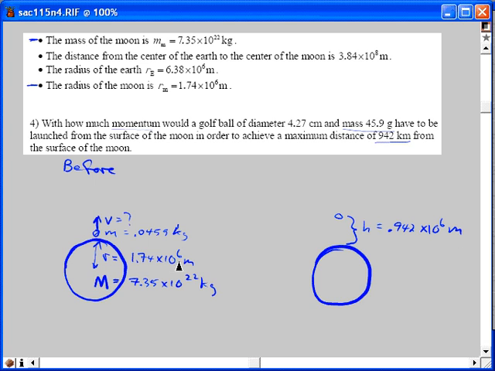Have it same kind of units, same power of 10 in terms of meters as the radius of the moon. This is still r. I'll call this r prime, this distance that the golf ball is from the center of the moon in the after picture, where r prime by inspection is just r plus h,